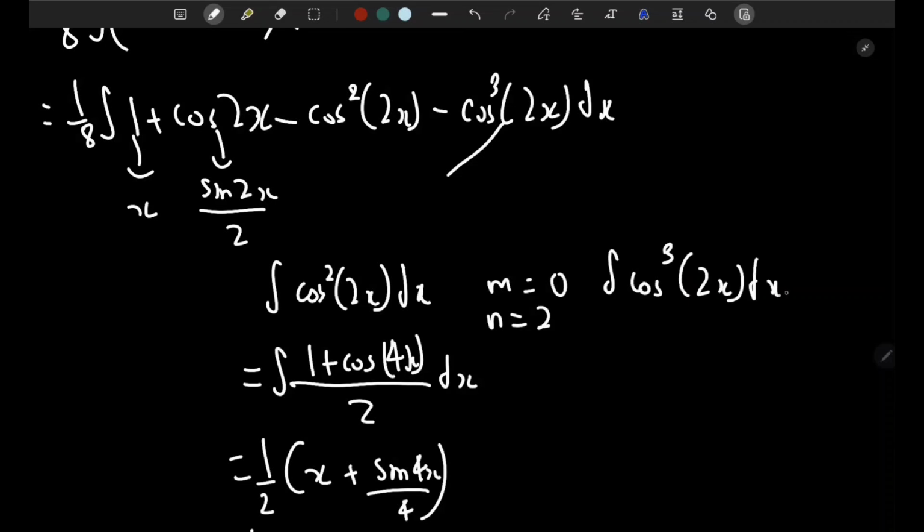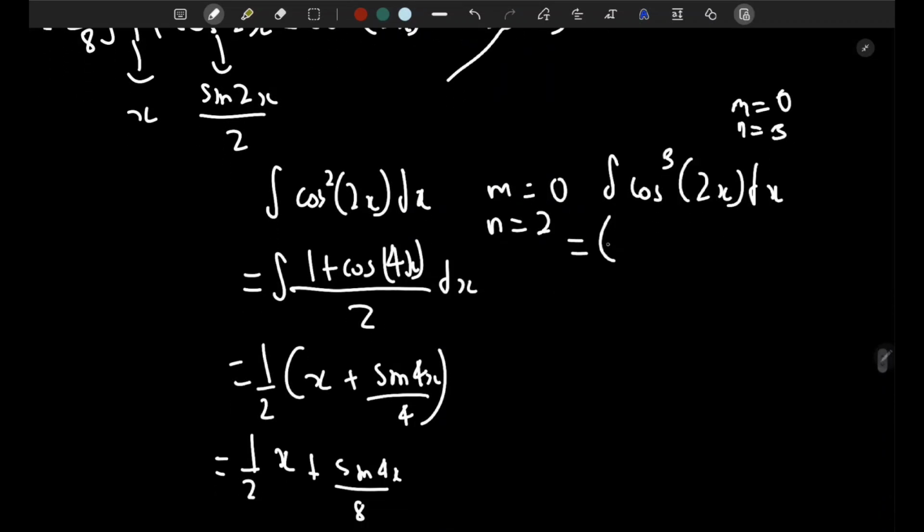So here again, what is m here? M is going to be 0 and n here is 3, right? So here we are going to use the first case. So we can rewrite this cosine cube into, I'm going to do it directly this time. It's going to be cosine squared, which is 1 minus sine squared 2x, don't forget the angle, multiplied by cosine 2x